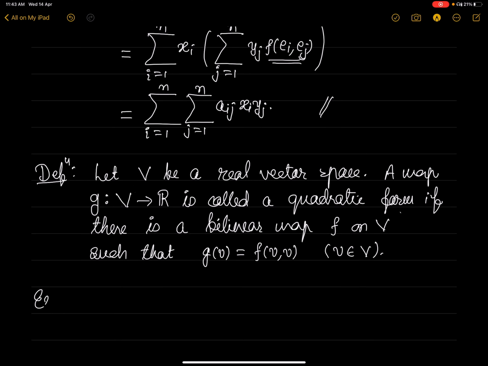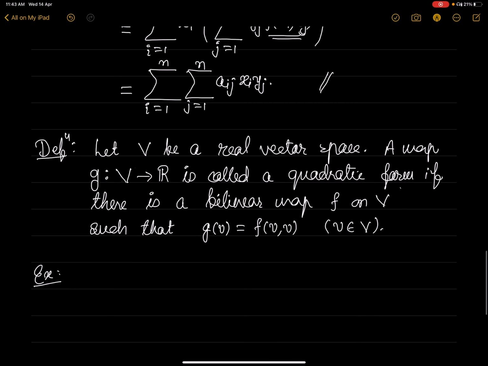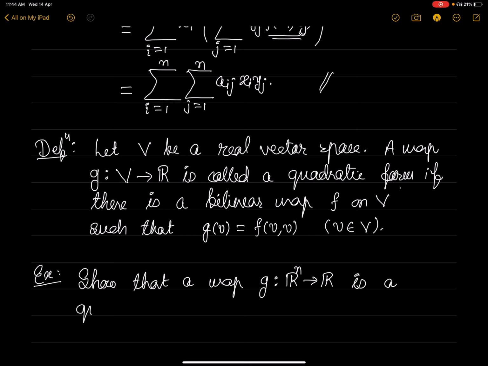So exercise: show that a map G from Rn to R is a quadratic form if and only if